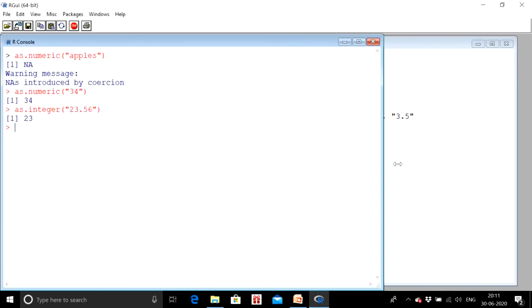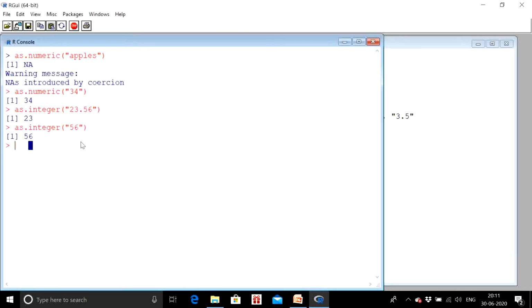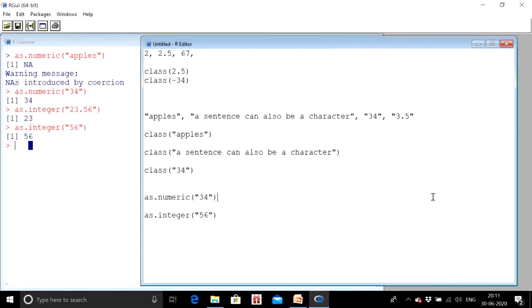It is just going to give you this left hand side part of the decimal and show it to you. Similarly, suppose I take a whole number also, 56, it is going to convert it into a normal integer. And see, I was putting all these things within double quotes. So before inputting, they were characters. These 23.56, these were actually character data. So what as.integer or as.numeric does is that it converts any character data which is actually a number into a numeric data type. You can even eliminate these quotes. That means you can directly use numbers to be converted into integers. The answer is going to be the same.